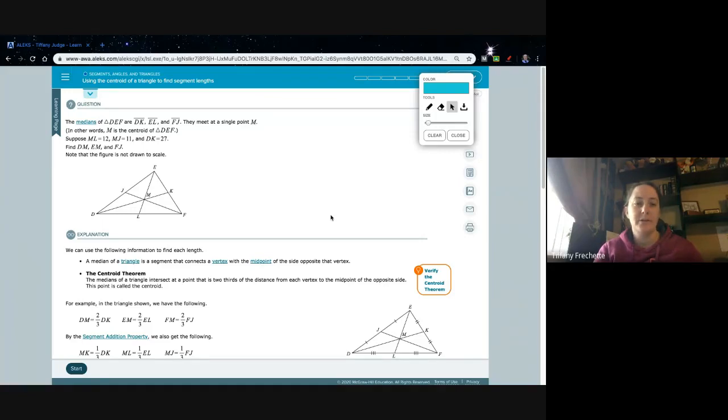Centroid of a triangle to find segment lengths. So first we're going to need to know what is the centroid of a triangle before we can use that